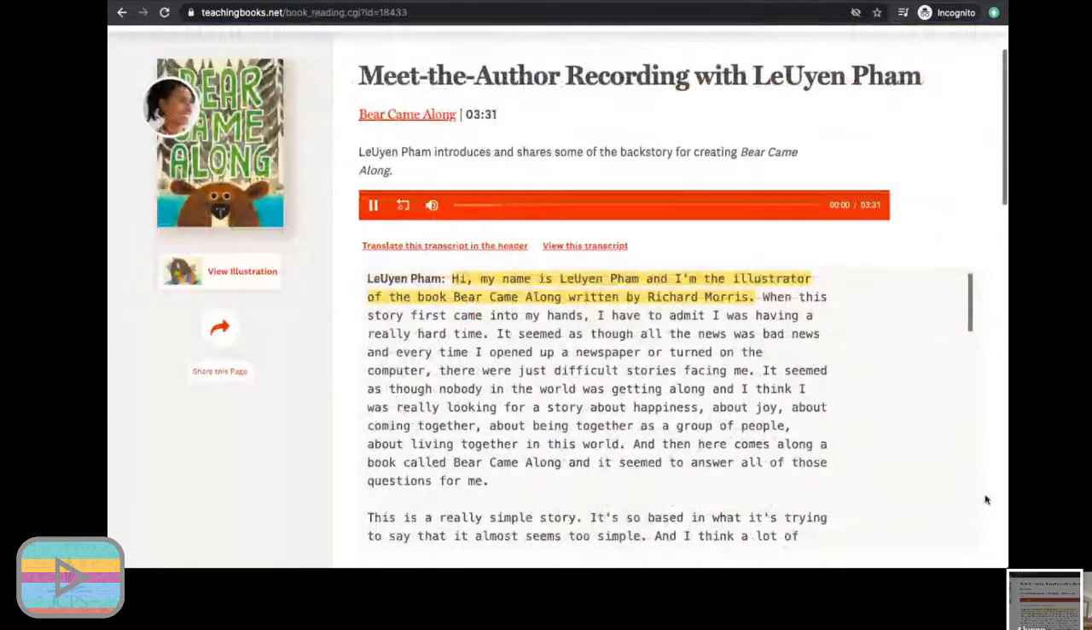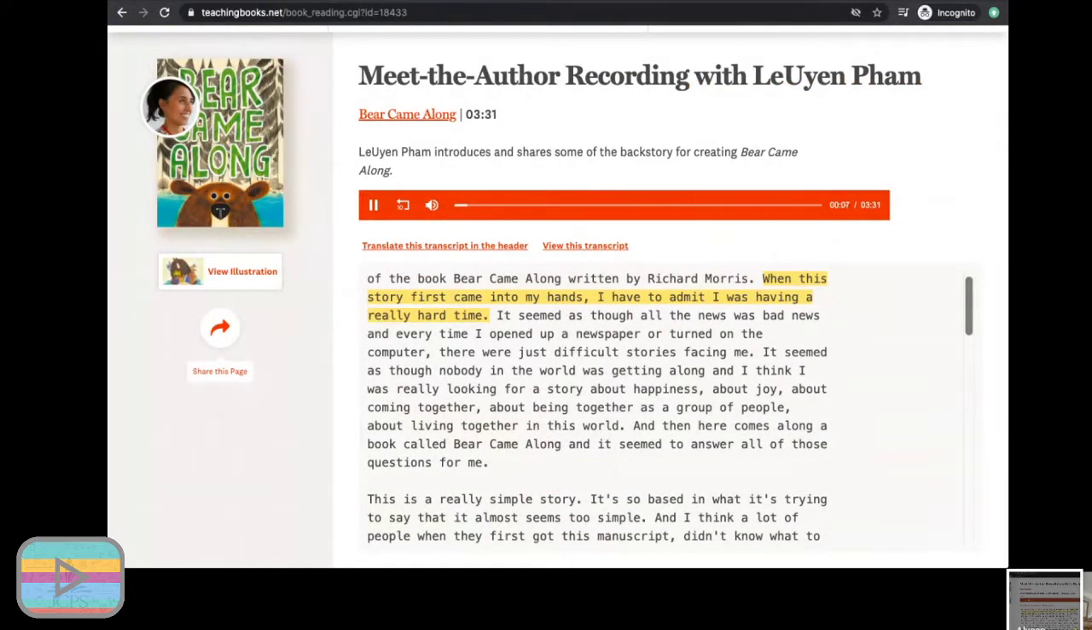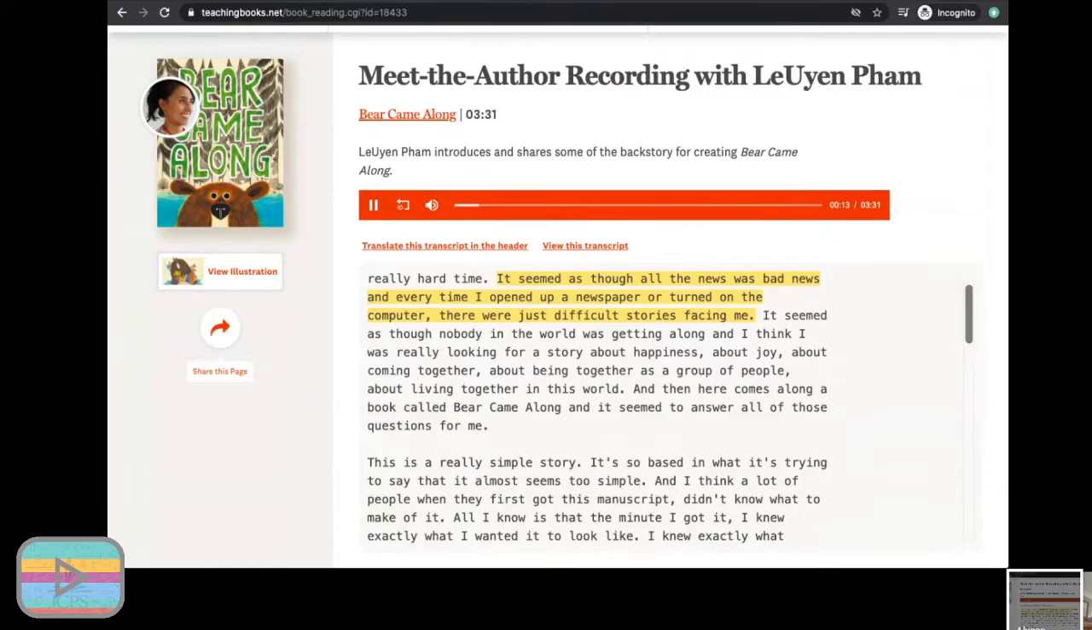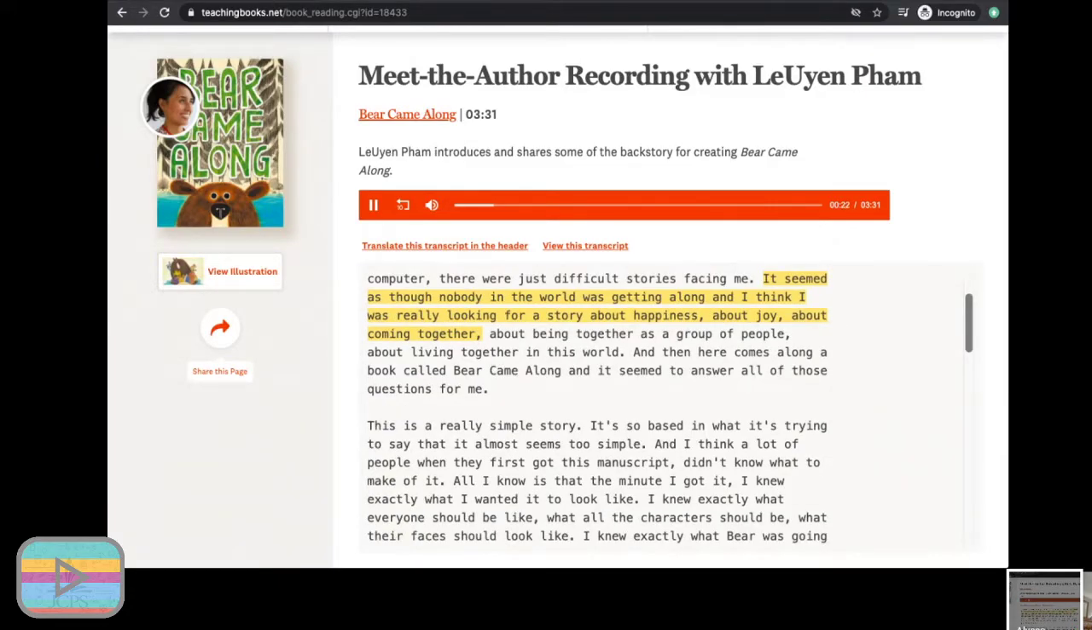Hi, my name is Leywin Pham, and I'm the illustrator of the book Bear Came Along, written by Richard Morris. When this story first came into my hands, I have to admit I was having a really hard time. It seemed as though all the news was bad news, and every time I opened up a newspaper or turned on the computer, there were just difficult stories facing me. It seemed as though nobody in the world was getting along,